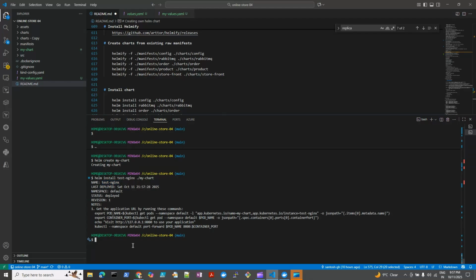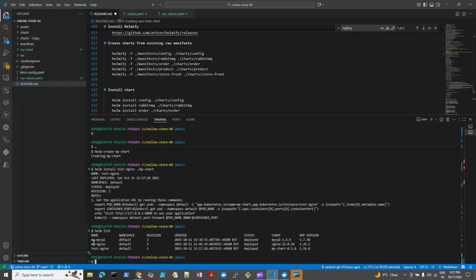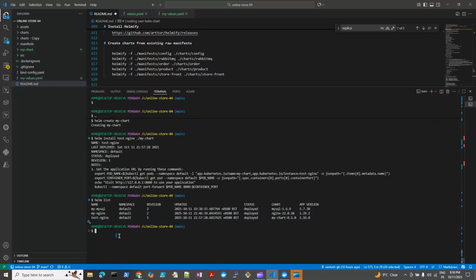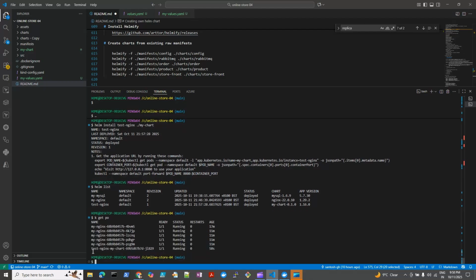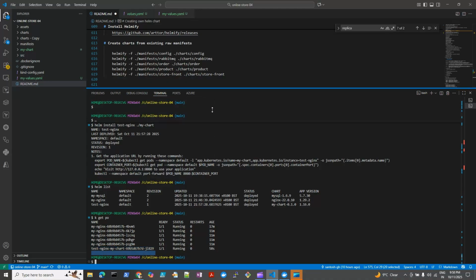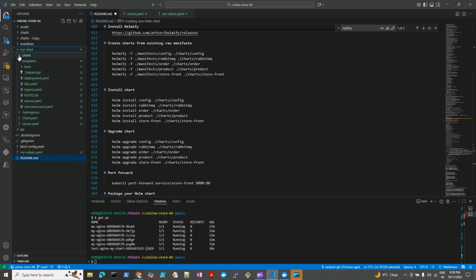So if we run helm list, it will show all the releases. Previously there was my MySQL and my nginx. Now we just created test-nginx, so this is the new release we have created. And if you go and see the different pods that got created with kubectl get pod, you can see this is the pod for the test-nginx release. Yeah, so this way you can create your own